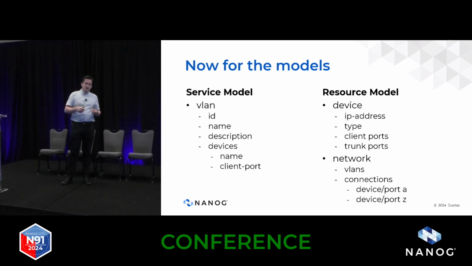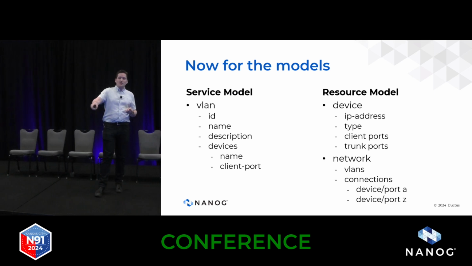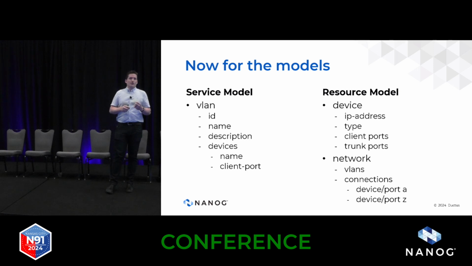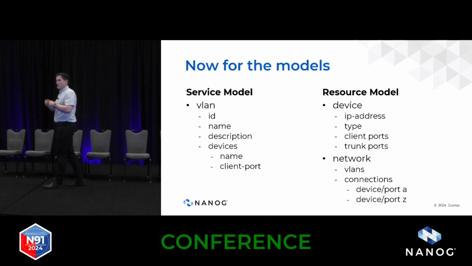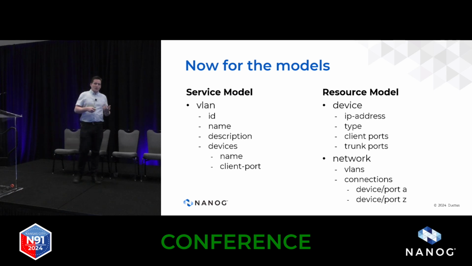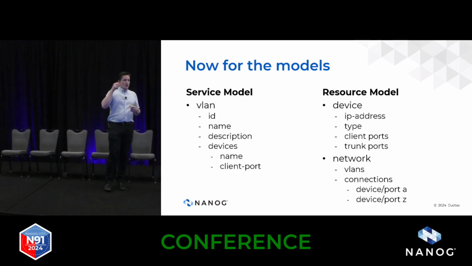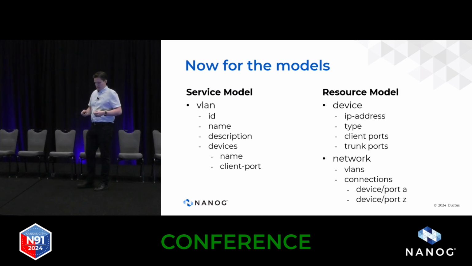So if you were to try to figure out, okay, I have a VLAN I need to implement, here's the client ports. If I have a graph of every connection between all the devices, then I can determine mechanistically what are the trunk ports that I want to apply it to. And we get a second advantage, because let's say we change the layout of our network. We decide we're adding more devices, so now there's more trunk ports. Or we update one of these VLANs, we can mechanistically, again, determine what are the changes that we need. We don't need to think about it. The VLAN definition never changed unless the intent of the VLAN has changed.